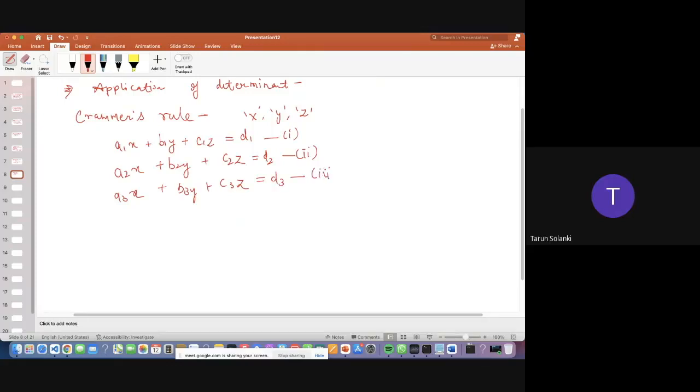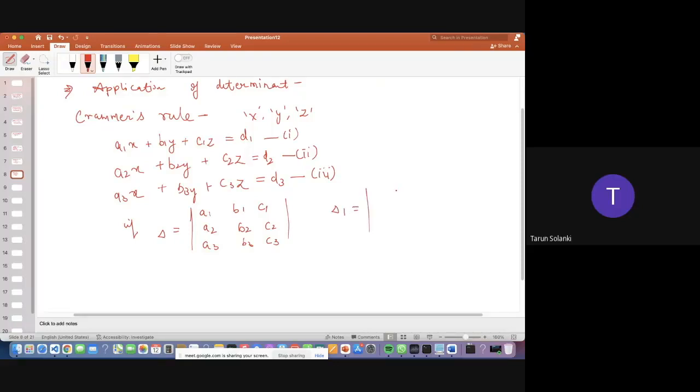That is the third. Correct? So now if the determinant delta is a1, b1, c1, a2, b2, c2, a3, b3, c3,